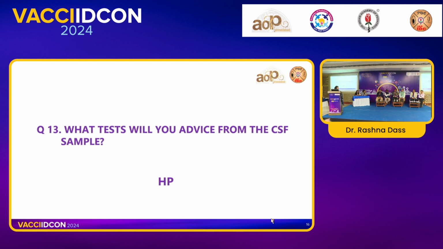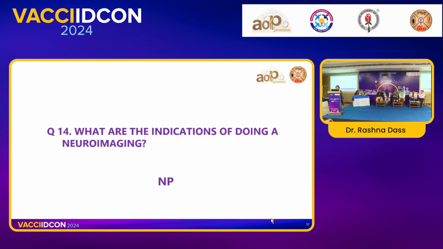So I think these are the very important things we can gain from the CSF. And always keep an extra sample in the fridge, because you might have to send it for something else. You cannot keep on repeatedly doing a lumbar puncture in these kinds of patients. You may have to send it for some serological test or something else later on. If autoimmune encephalitis is suspected, only CSF anti-NMDA is required. The rest of the tests can be done from the serum.